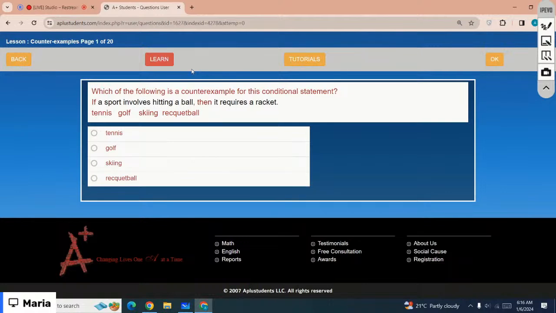Let's just start with the test questions. What is the counter example for the conditional statement? If a sport involves hitting a ball, then it requires a racket, right? So the counter example is the one for which the hypothesis